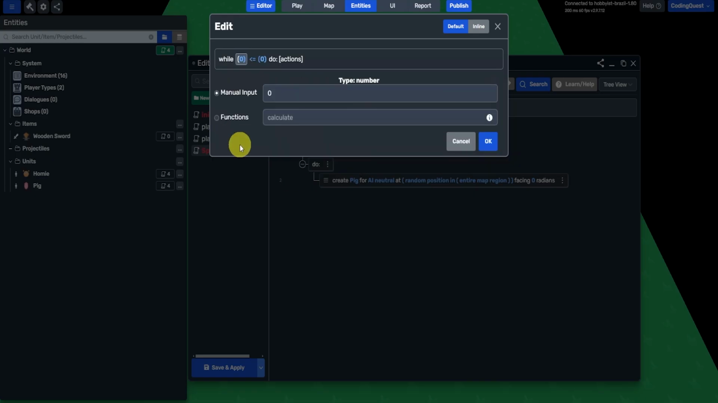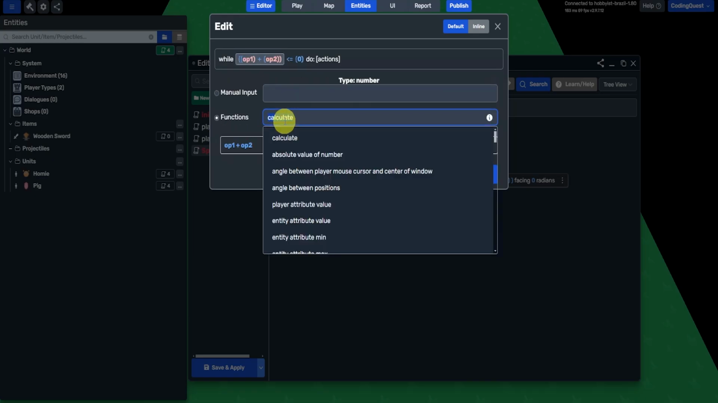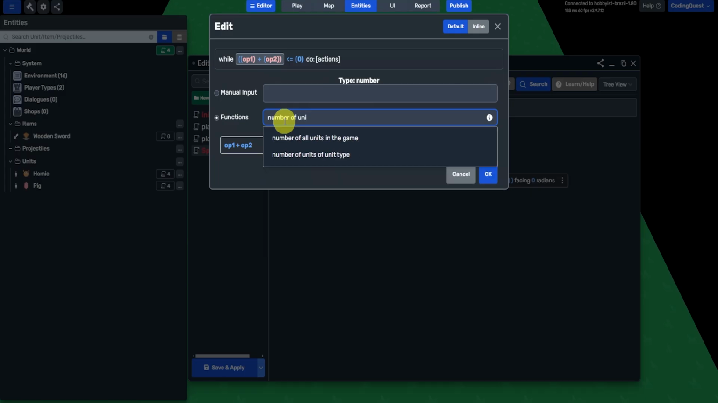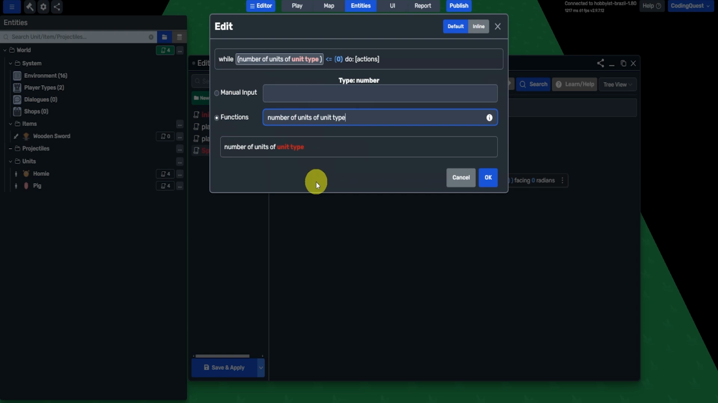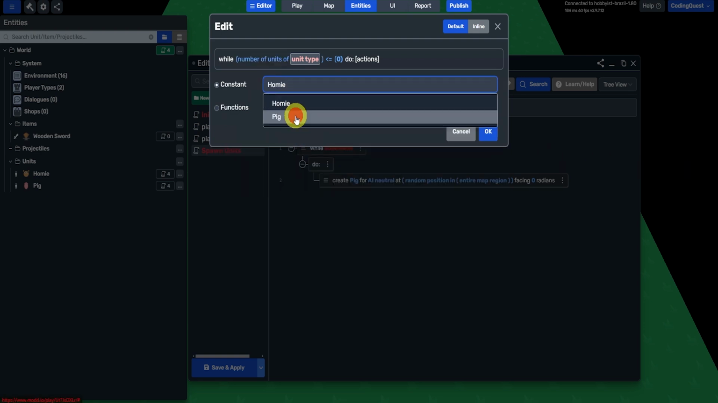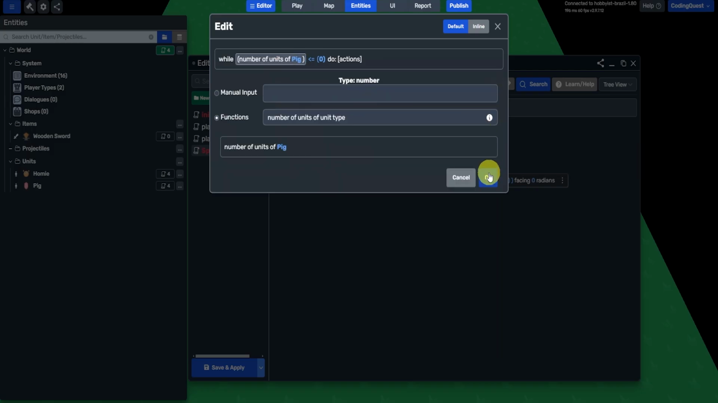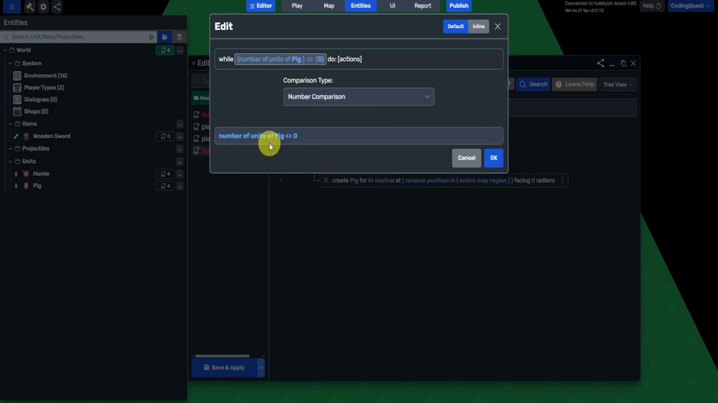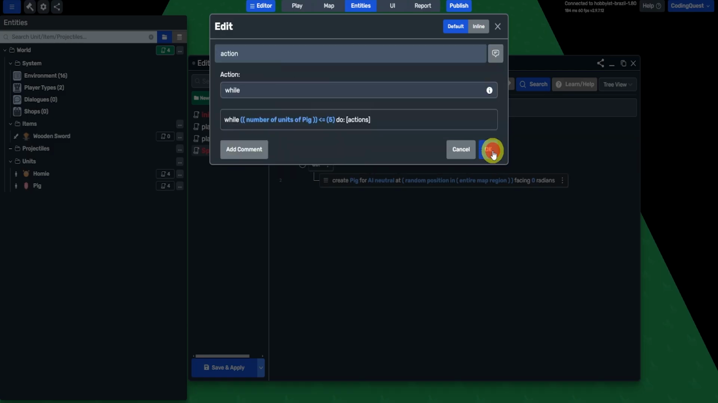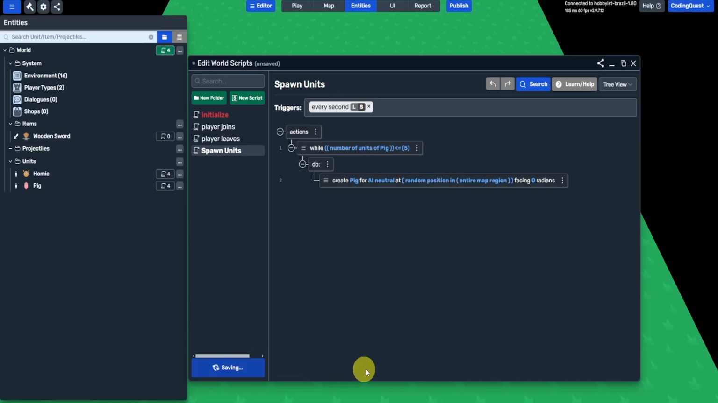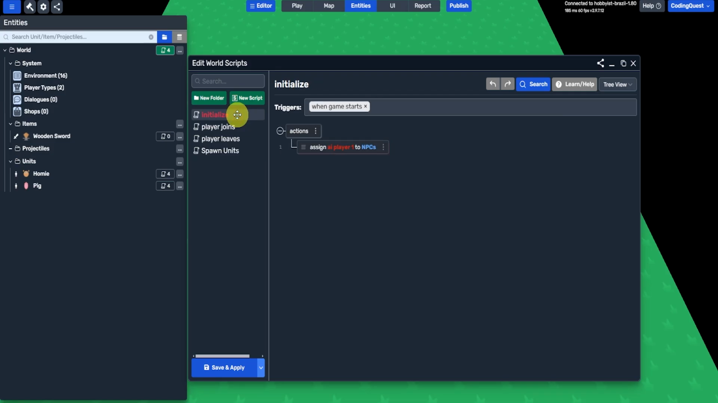And then here on the 0, we're going to find the number of units. Number of units of unit type. This is the one we want. Here, of the unit type, we will simply select the pig. And there we go. That's how we get the number of pigs. Now, less than 0, that doesn't seem right, so we're going to do 5. Now we can hit OK, and now we can hit save and apply,